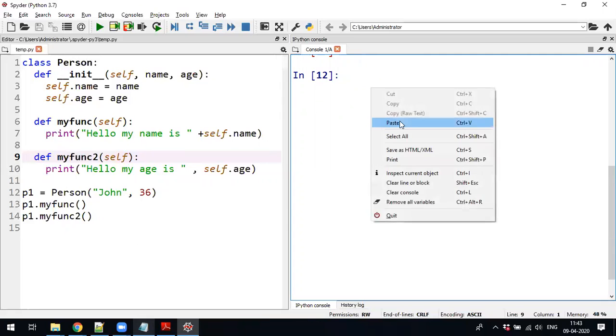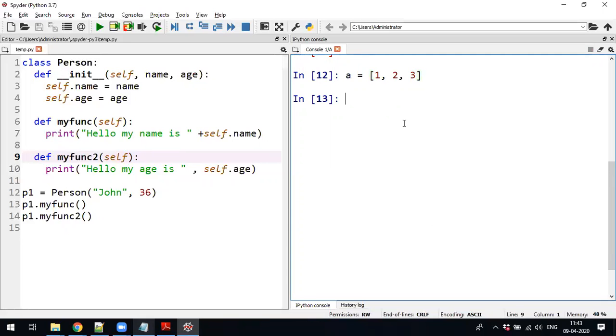Now I'll create one variable, one list object. Now the A reference we are just going to assign to the B. Now B, if you get, B is also a list, and if you check A is B, yes, it will be true. Now it is just another name you have given to A. The other name is B. Both A and B are now going to refer to the same list object. That is why this is called aliasing.